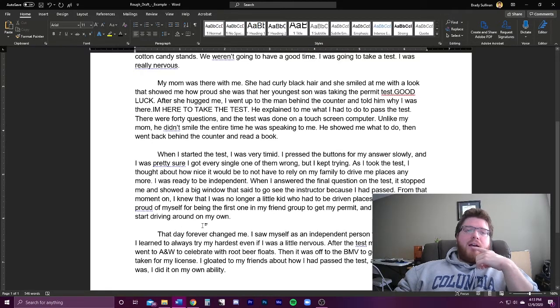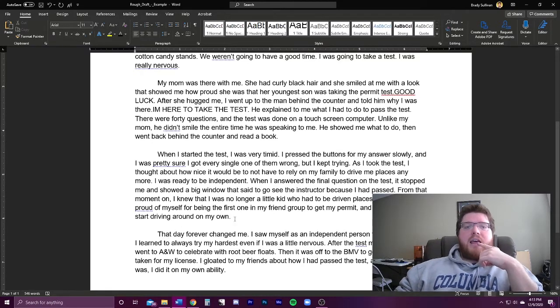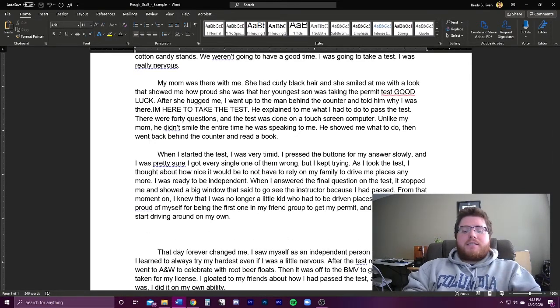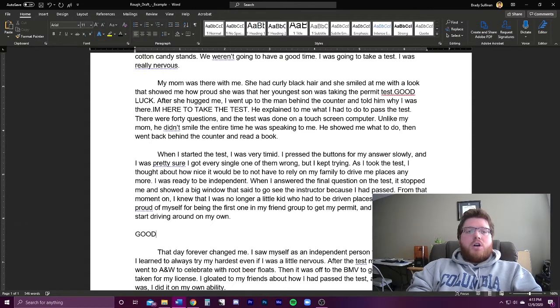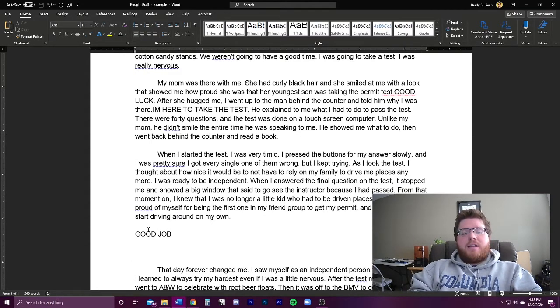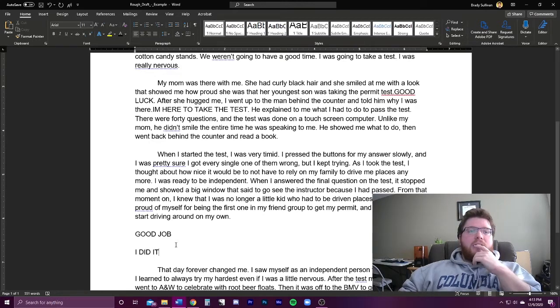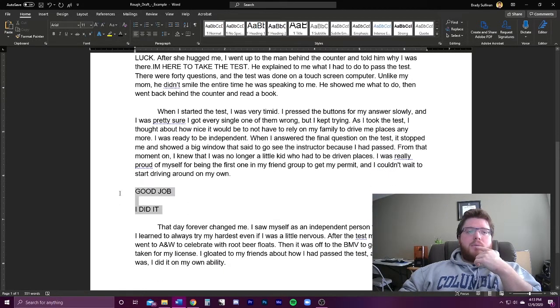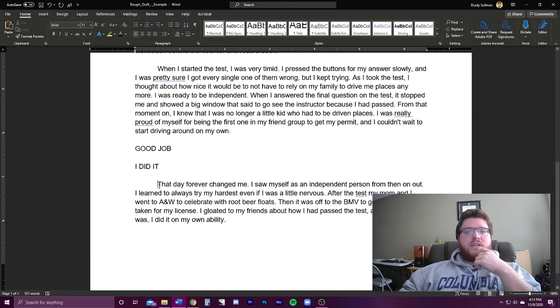After this paragraph, what's something that might have been said? I was thinking earlier about how my mom might say, "Good job." I thought earlier about how I might have said, "I did it." Those are several options that I could put in between those paragraphs. Let me check, just for the sake of thoroughness, this last paragraph and see if there's anywhere that might lend itself to putting